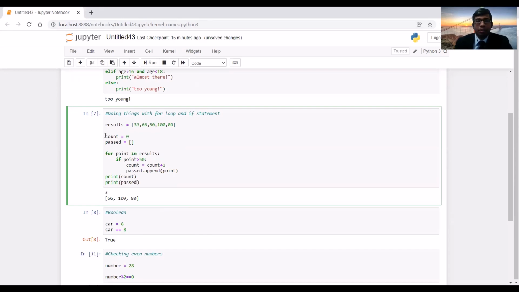So in order to count how many students have passed, we will define a variable called count, and it will start at 0. And to deposit the number of passed students, we will define an empty list first called passed, where we will actually collect the numbers of the students who have passed. So for point in results, inside that for loop, we will define an if